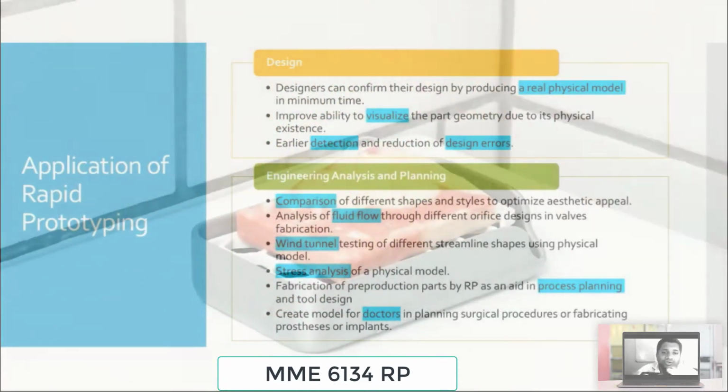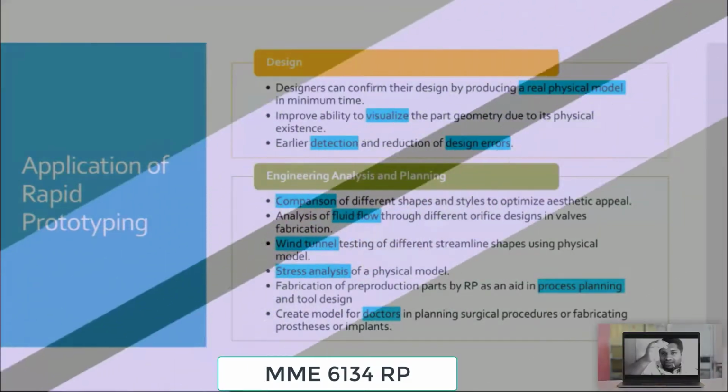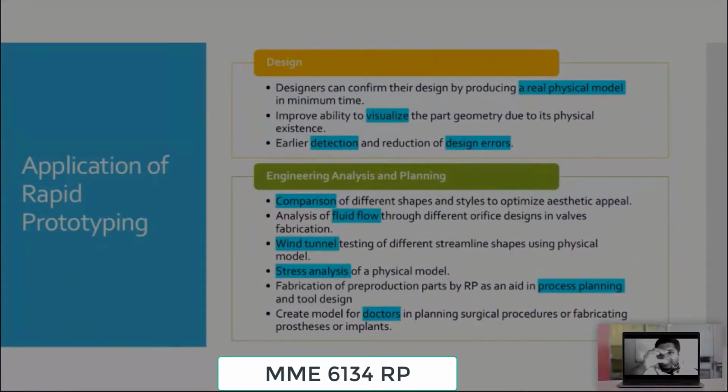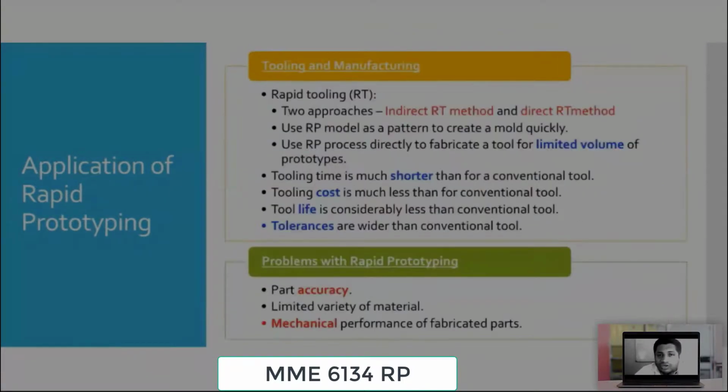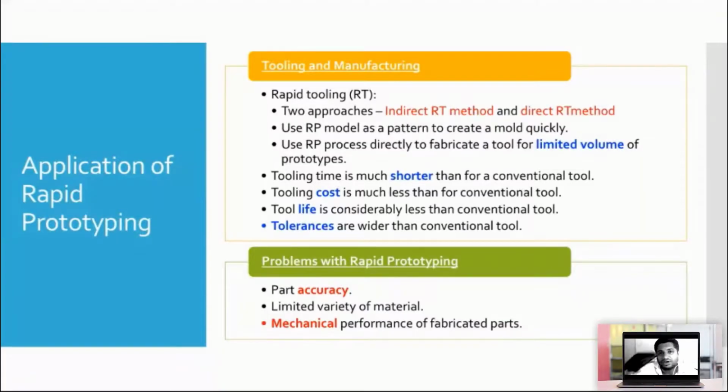And then it is going to help doctors in planning the surgery. They can fabricate the exact same artery or exact same bone and see where they are going to section or cut it, and how it is going to look or what is going to happen. So rapid prototyping is going to answer a lot of our questions before we put our product in the market. So before putting the product in the market, I have the ability to correct the design. I have the ability to assess the needs of the market.